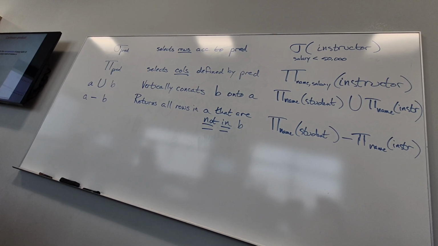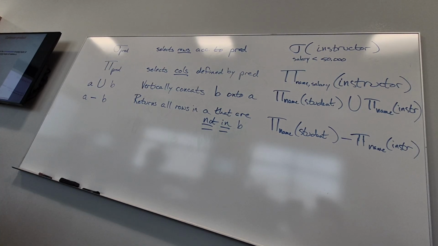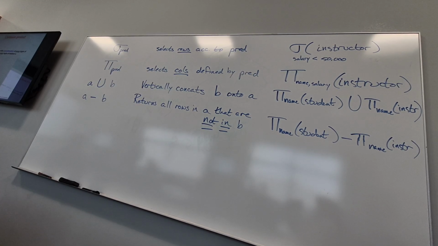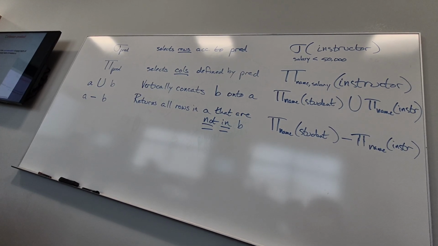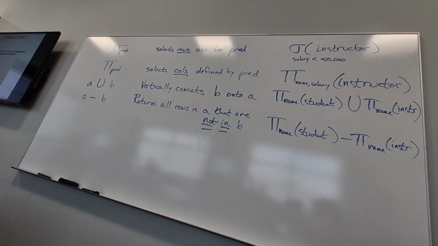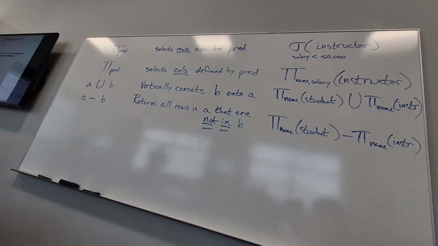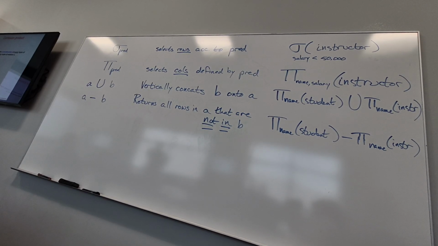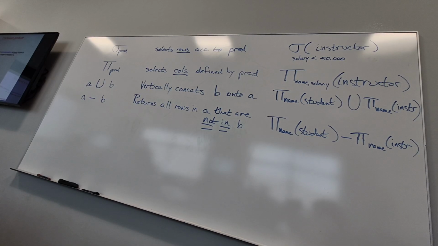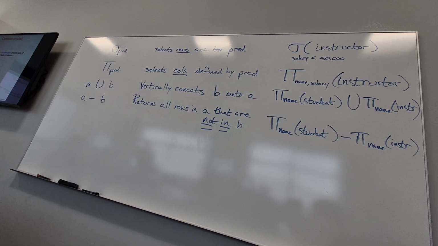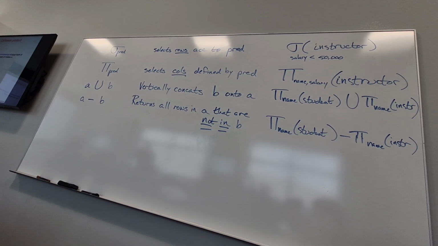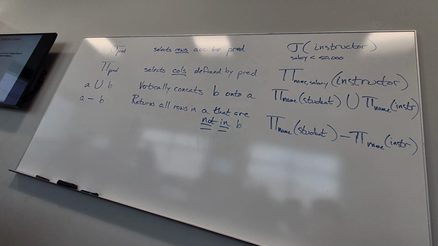I have examples on the whiteboard of those things. I already talked about retrieving all the instructor records whose salaries are less than $50,000 on campus, and so we'll get all of the English professors in there. And if we want to generate a list of all faculty, all instructors on campus, and their salaries, we just want to see the columns name and salary, then